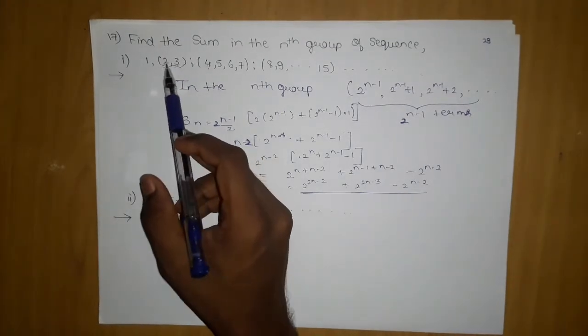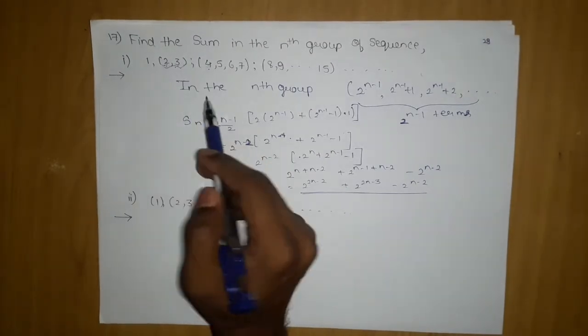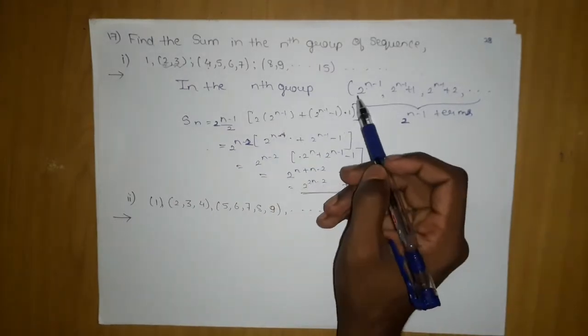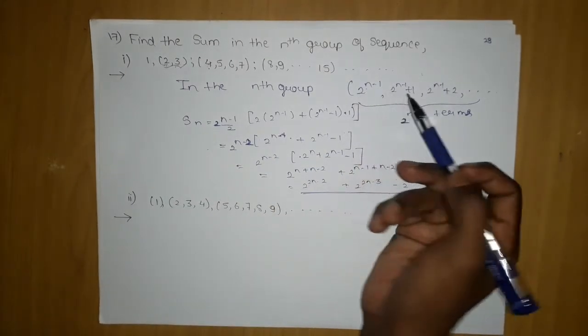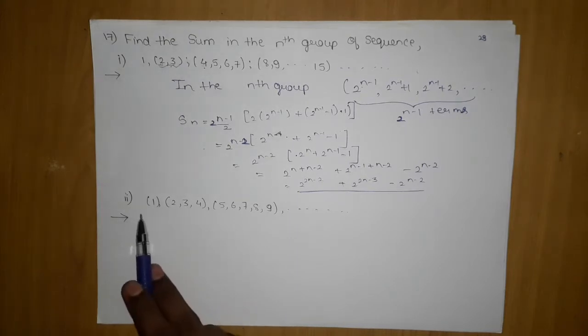First you have to analyze the pattern. How will you analyze? By observing the first and the last term, and by using some tricks like predicting the number of terms, like 2 power n minus 1. If you can predict it, it will be easy in case of sum. If they ask you for some term, a particular number in the group, then that is a different case. Now let's focus on the second question which was given.